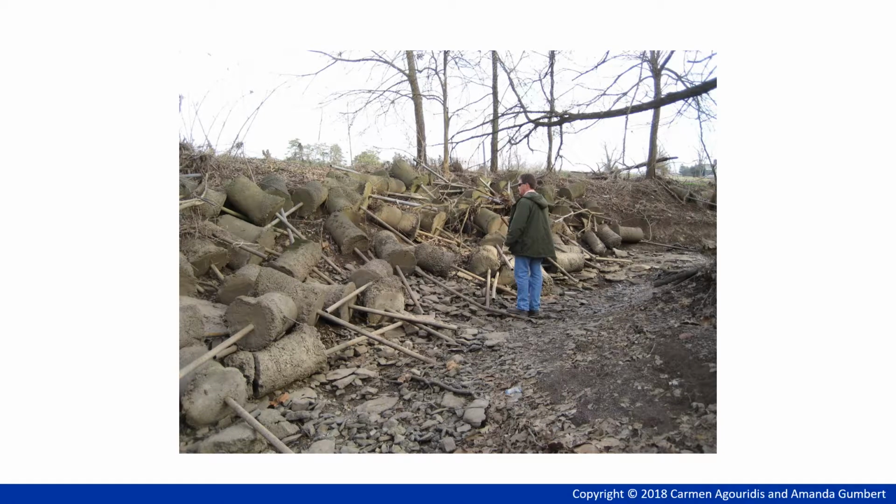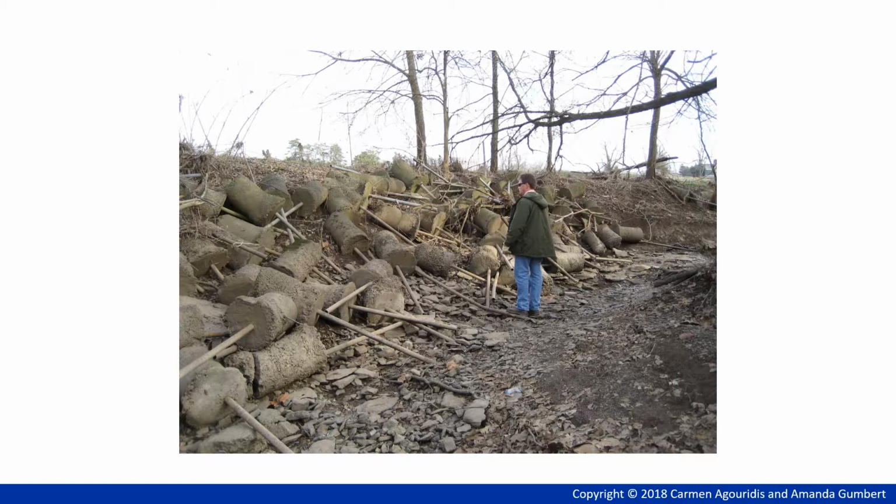Now let's look at this picture of Kane Run, which is a stream that flows through Fayette and Scott counties in Kentucky. Unlike the stream in the previous slide, this section of Kane Run is considerably unstable. The stream is incised, meaning the channel bed has downcut. The debris or poles anchored in concrete were placed along the outside of a meander bend to slow down erosion